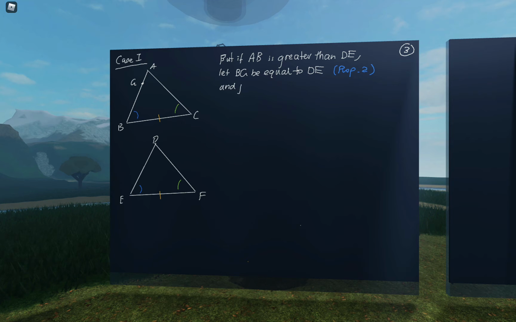And join GC. Okay, since BG is equal to DE, and BC to EF,